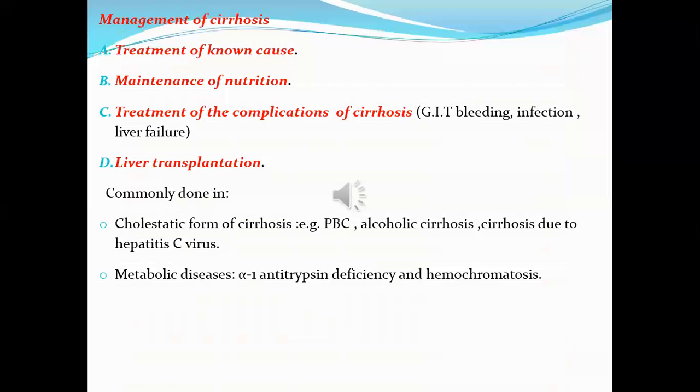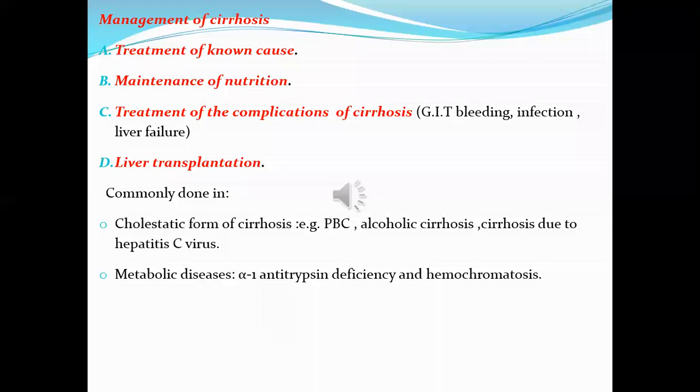How to manage a patient with liver cirrhosis? Treatment of the cause. Any patient with alcoholic liver cirrhosis or another cause of liver cirrhosis should be treated for the underlying cause. If the patient drinks alcohol, alcohol and alcoholic substances should be stopped. If the patient has hepatitis B, treat hepatitis B; treat hepatitis C accordingly. If the patient has primary biliary cirrhosis, treat the underlying cause. For hemochromatosis, venesection and a chelating agent for the iron.